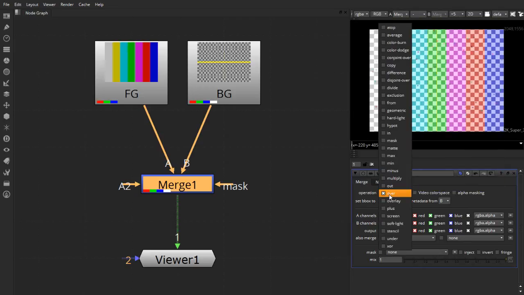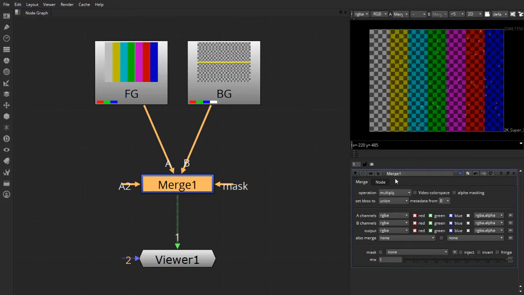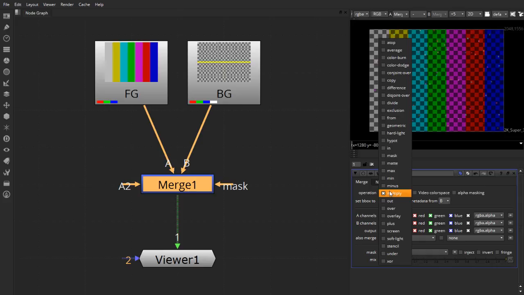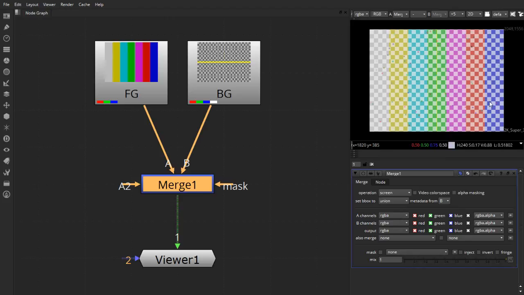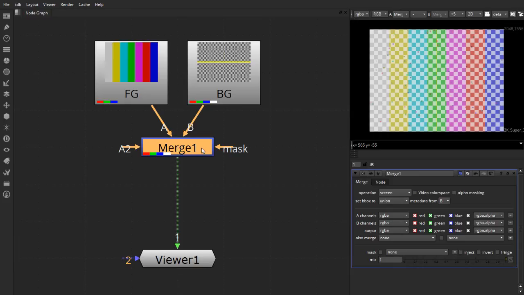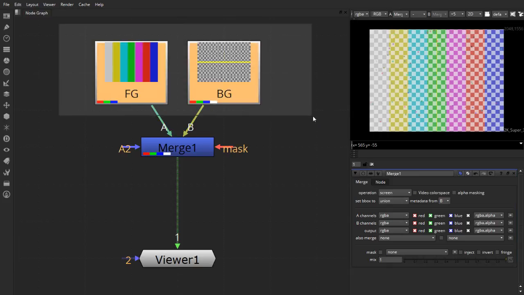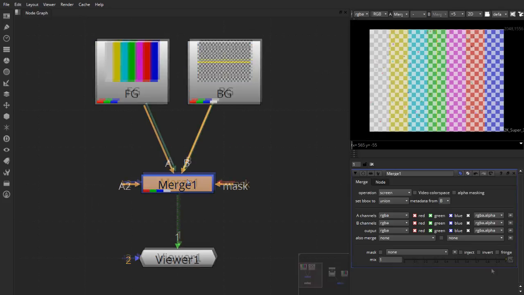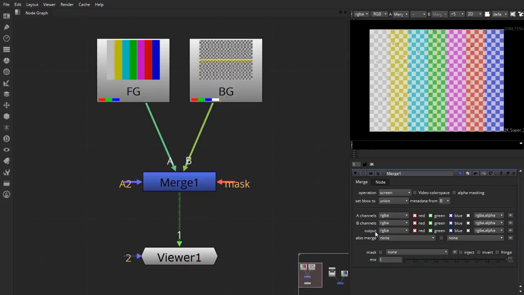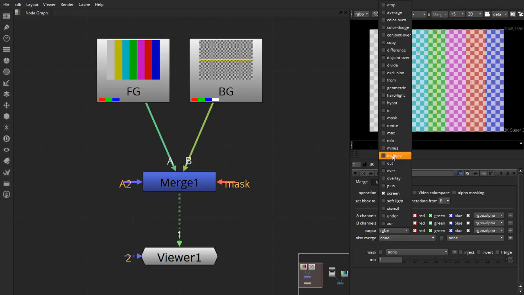So this is the simplest way of changing operations over here. I can just open up this list and change the operation, and immediately the result that I get is different. So that was the multiply operation which I just applied. Let me apply an operation of screen, and therefore you can see everything just became brighter. So each operation is nothing but a different mathematical algorithm which is being used to combine these images together. So now let's actually study one of the blend modes. I'll start with the blend mode multiply,